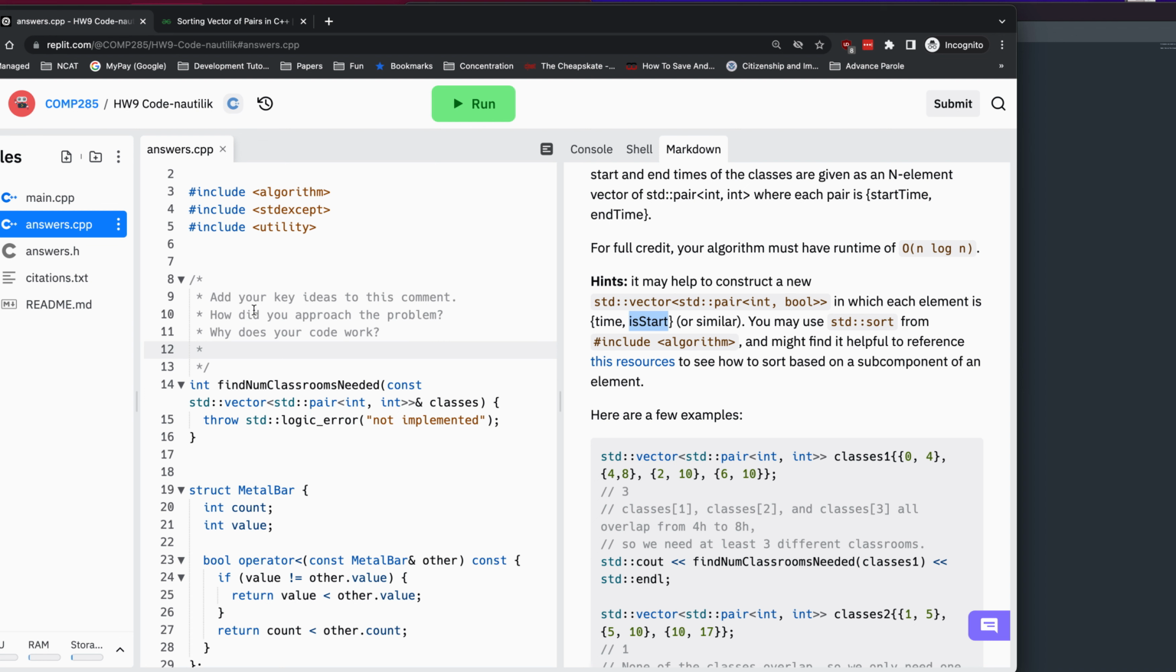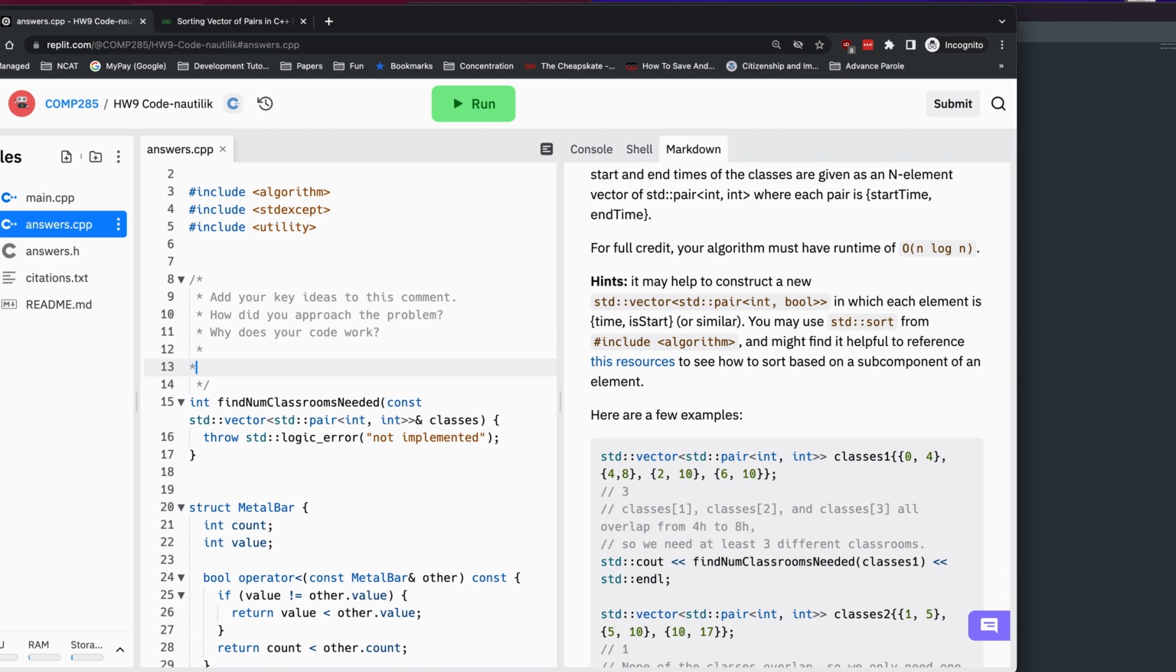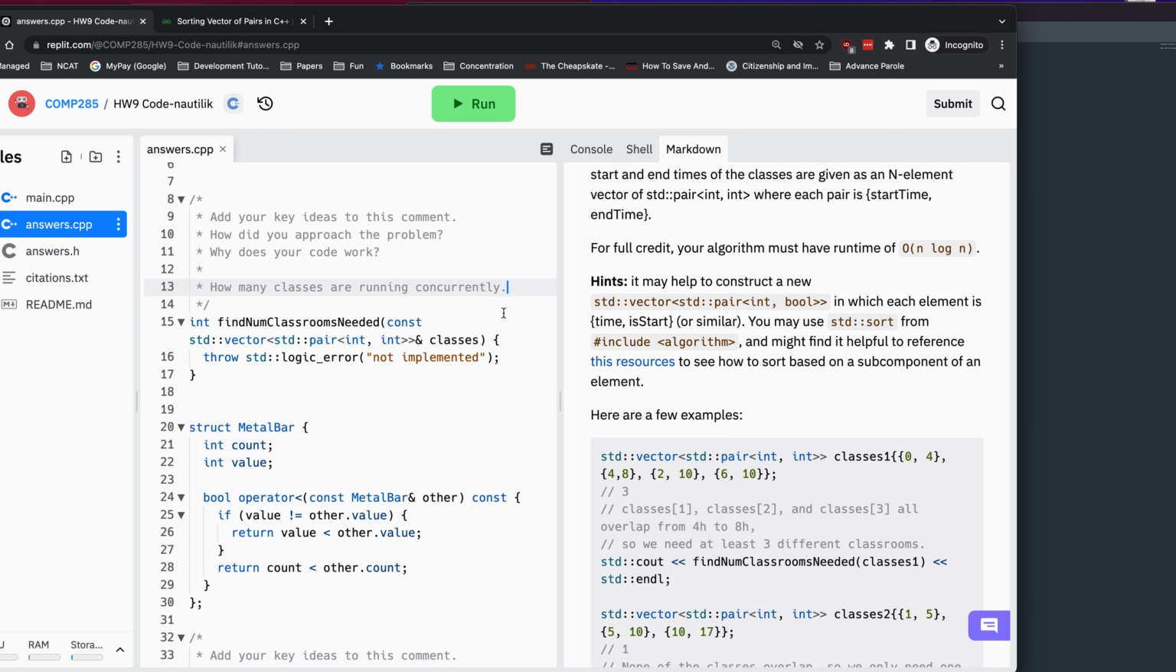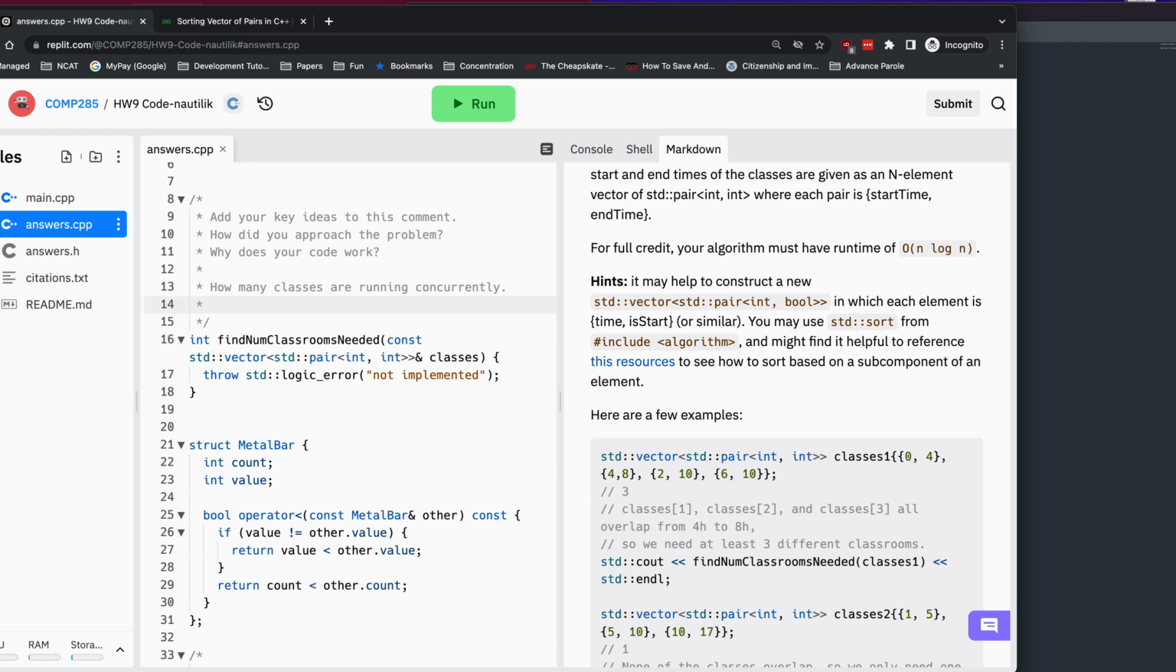How many, essentially, hopefully you've thought about this a little bit, but what you want to know is how many classes are running concurrently, right? Because if there's ever a set of classes running at the same time, then you need separate classrooms for them. So if you can find the maximum number of classes that run concurrently, then you will be able to identify the minimum number of classrooms that you need. Cool. All right, so with that in mind,